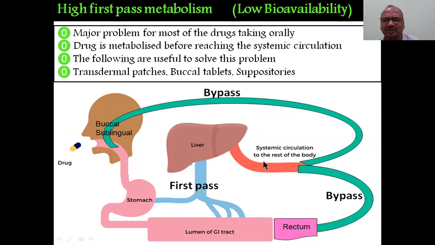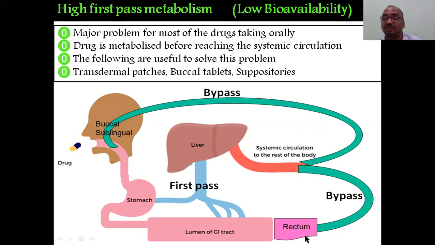Directly they cannot enter into the systemic circulation. That is the biggest problem. So most of the drugs are lost here in the first pass itself. Most of the drug will be degraded by the enzymes present here. That's why you can prepare a sublingual tablet, because the blood vessels coming from here enter directly